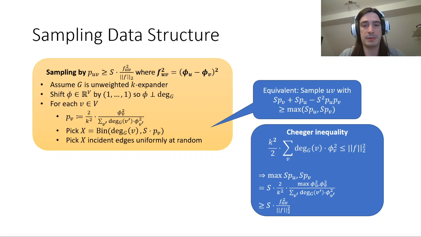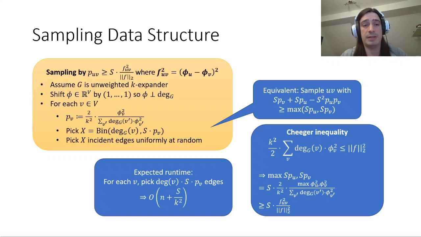All right. Now, why is this efficient? Well, we iterate again over the number of vertices. Implementing this binomial distribution can be done efficiently so that the time is just proportional to the size of x. And then for every vertex you pick, you need degree times this coin flip probability. But thanks to this normalization, if you take the sum here over all of the vertices, this is just going to cancel with the denominator. So overall, how many edges do you have? It's just the scaling s that we use divided by this k squared that we have over there, which is